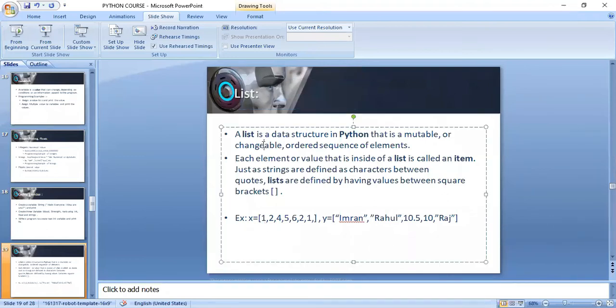So suppose your mother has sent you to bring something from the market, and she has given you some sort of list, in which there are vegetables, fruits, medicines, and many other things. So it is a collection of data.